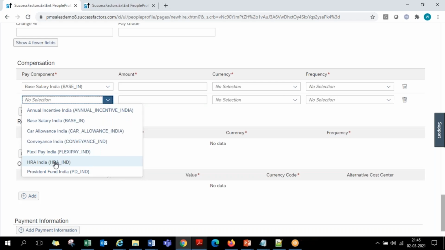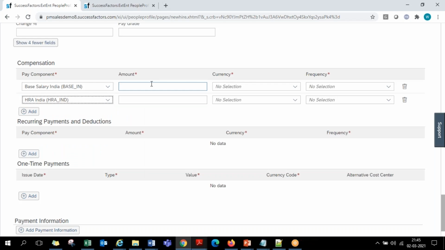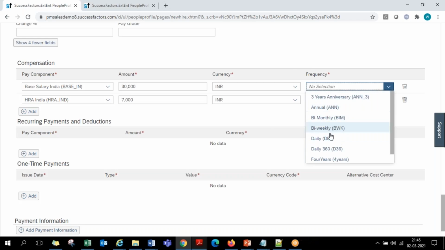So basic salary, HRA, I'll just add a couple of them like this. And if you want to add something, currencies, you have all the currencies, you can maintain them. And the frequency, this amount that you have entered is for a month, or this is for a week, or monthly, bi-weekly, like that you have different frequencies, guys.